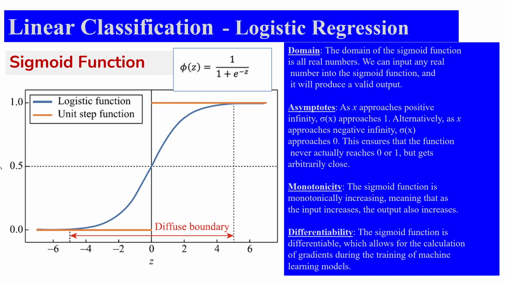I showed you in the last lecture that this kind of equation provides you a domain. Domain means range of values. It has asymptotic behavior, as you can see on both sides of the curve. It is monotonically increasing, and it is differentiable. These four factors make the sigmoid function very useful. We will come back to the sigmoid function when we discuss artificial neural